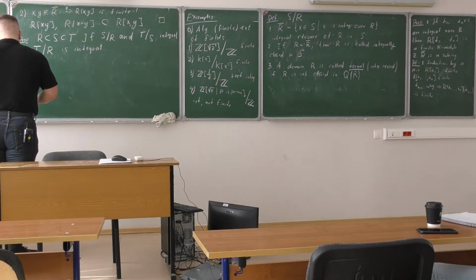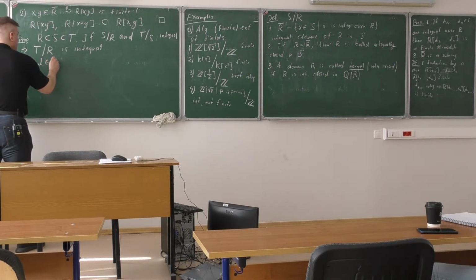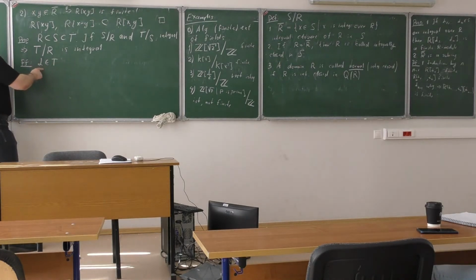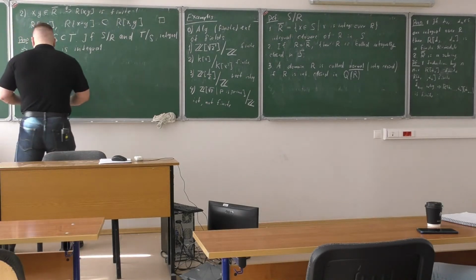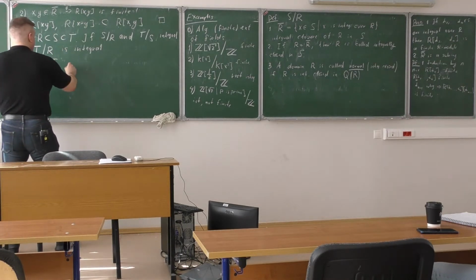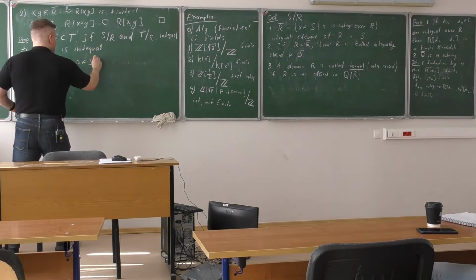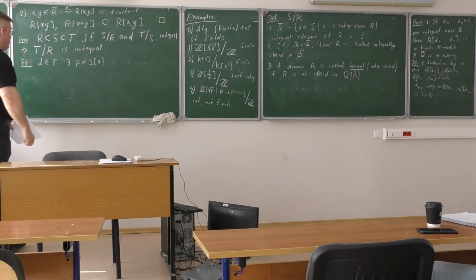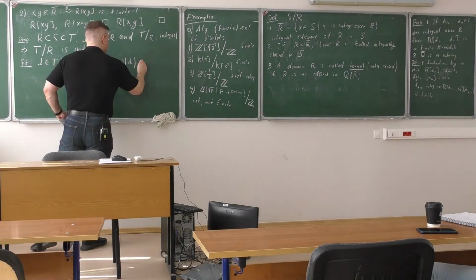Okay, so let's prove this. Well, I take an element, say alpha, in T. So I want to show that any element alpha in T is integral over R. That's the goal of this proof. What I already know is that there is an equation of integral dependence with coefficients in S. So there is a polynomial, let me use variable x, with coefficients in S, such that if I plug alpha into this polynomial, I'll get 0.